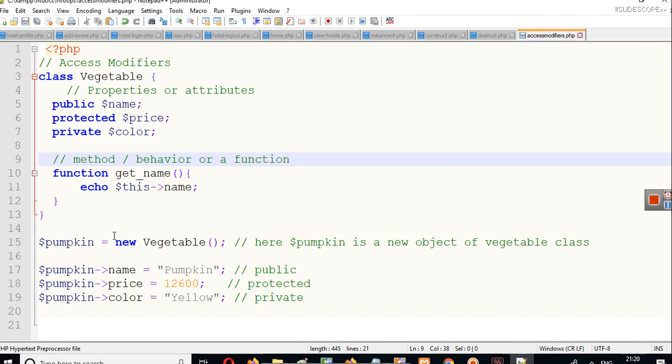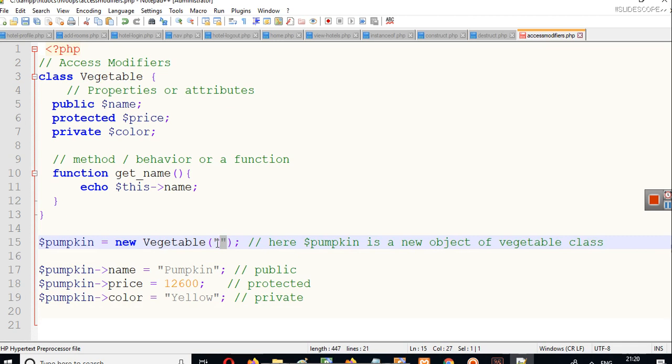So in this line, pumpkin is a new object of the vegetable class. We have created it. We have not used any constructor function. That's why I am not setting anything here like name, which we saw in the previous examples, because this is just a demonstration of public, private and protected access modifiers on properties.